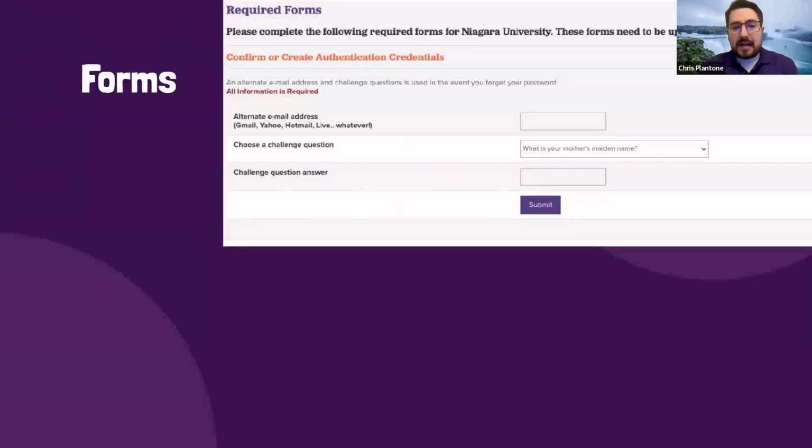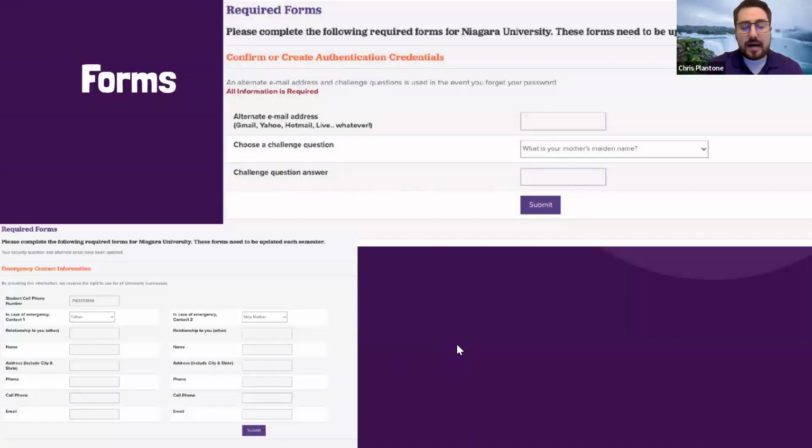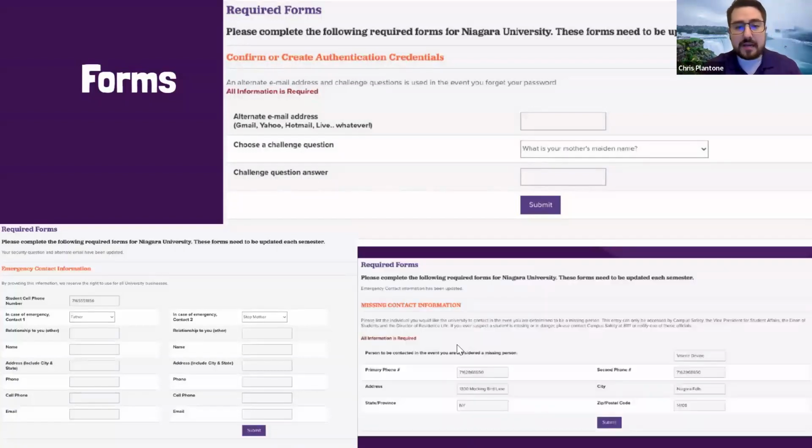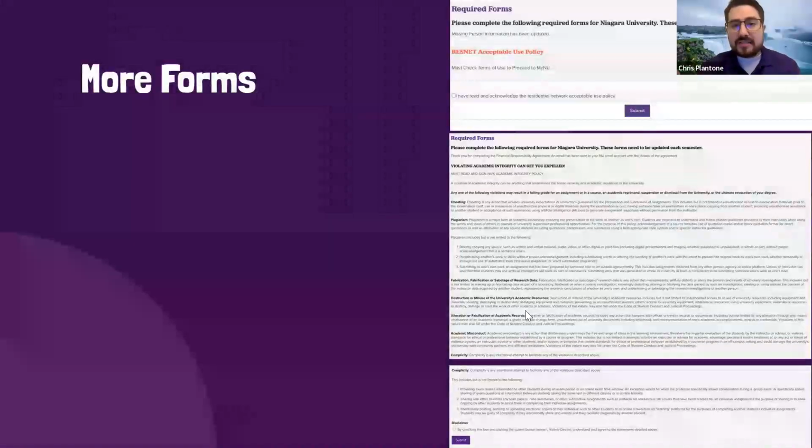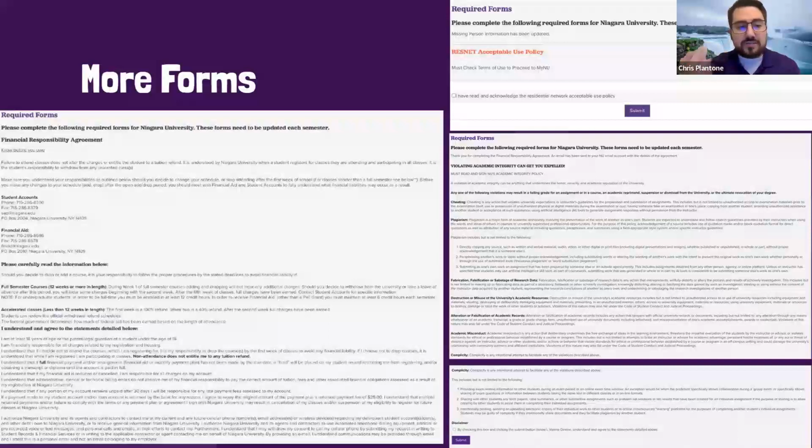This next part, I'm going to kind of fly through. These are just required forms that you might have to fill out. All NU students have to do it. So it's basic stuff like alternative email address, emergency contact information, missing contact information, ResNet acceptable use policy. Again, you can look at this for more information, but just